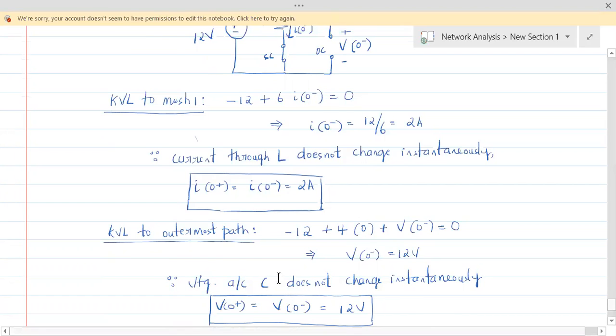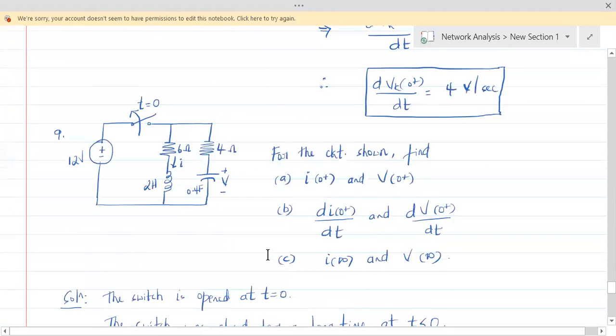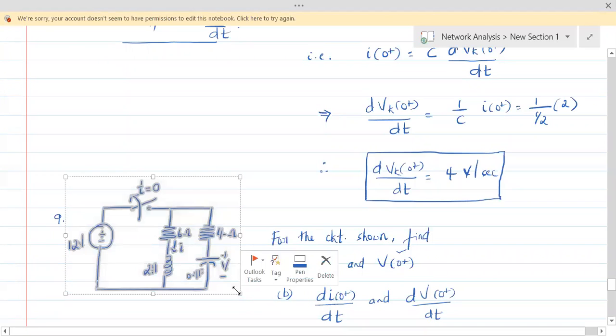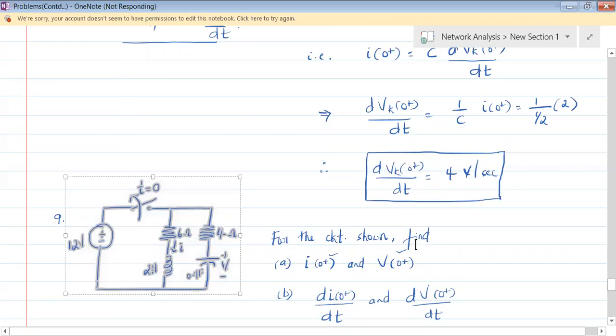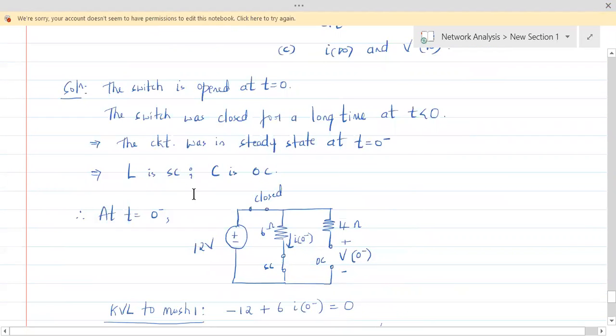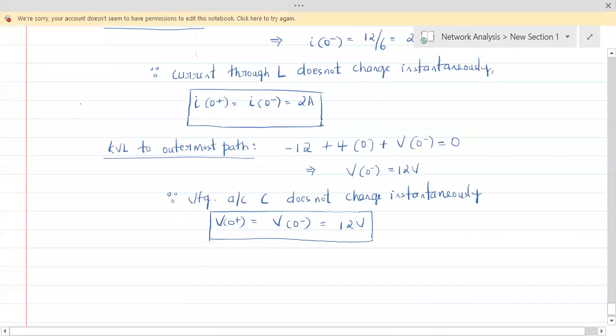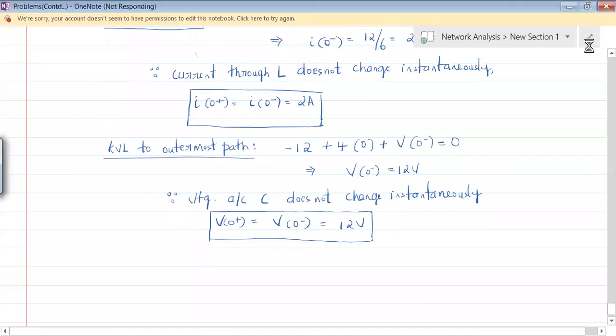So what we have found out? I of 0 plus is found out now, and V of 0 plus is found out. We have to find out the first order differentials. To find out the first order differentials, we need to consider this circuit at t equal to 0 plus. So how would that look like at t equal to 0 plus? Whatever we have done till now is to find out